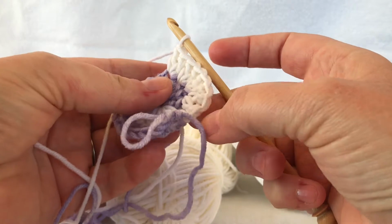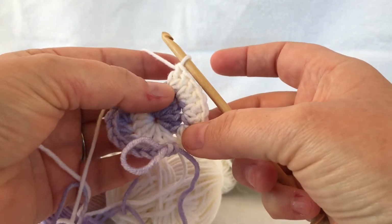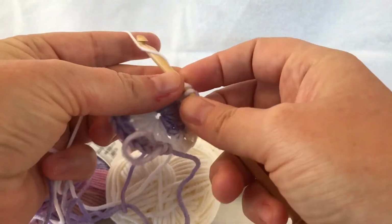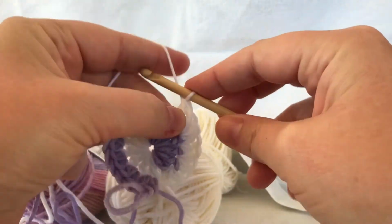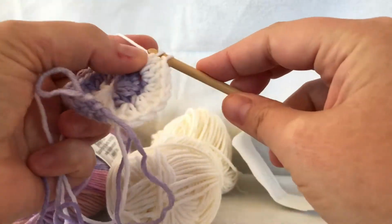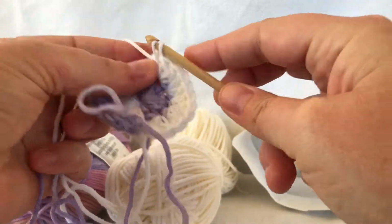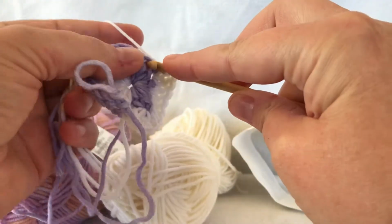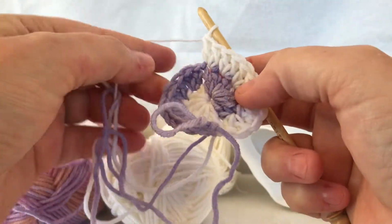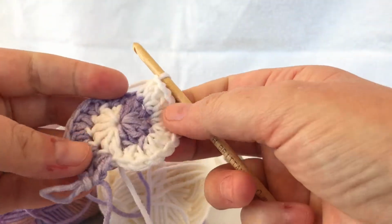Go back and check every once in a while. I've done 1, 2, 3, 4 of those purple stitches, so 2 more. If I had a stitch marker marking the first stitch of each round here, that would make it a little bit easier to keep track of where I am, but you don't just have to have that. Like I said, it's a little bit easier to keep track of which round you're on, because now I have finished round 2,